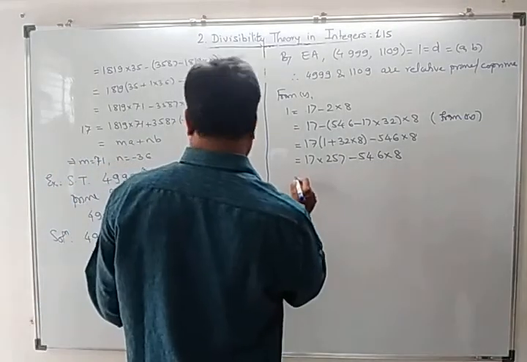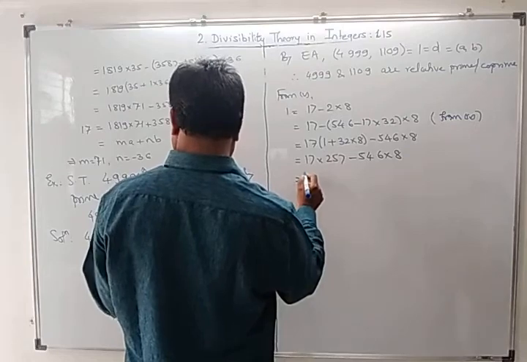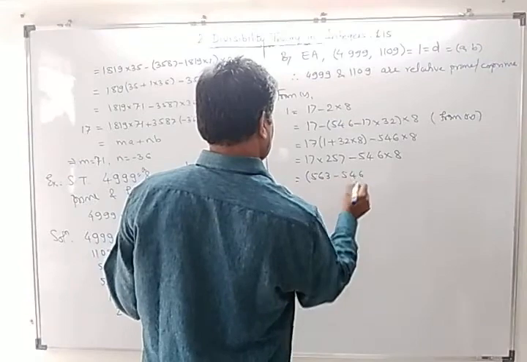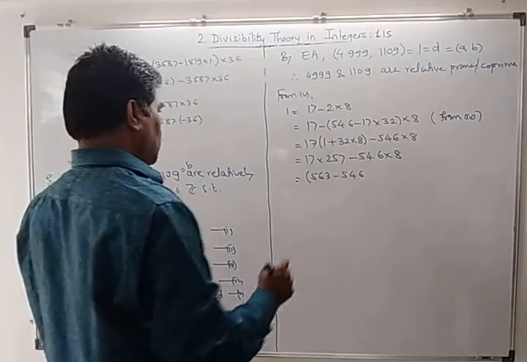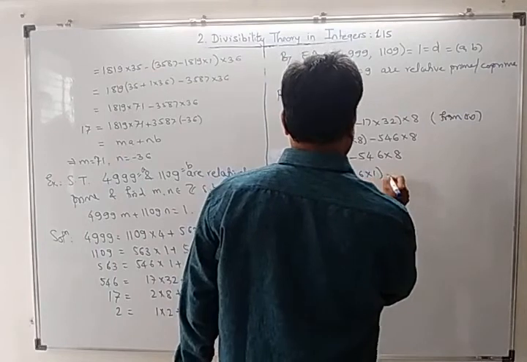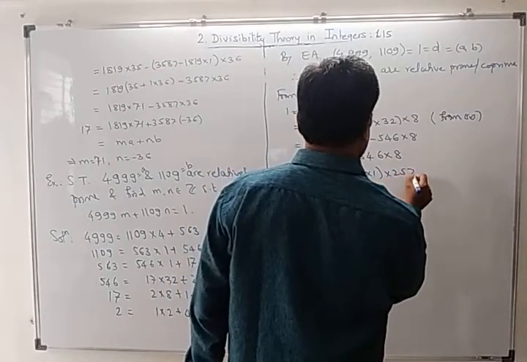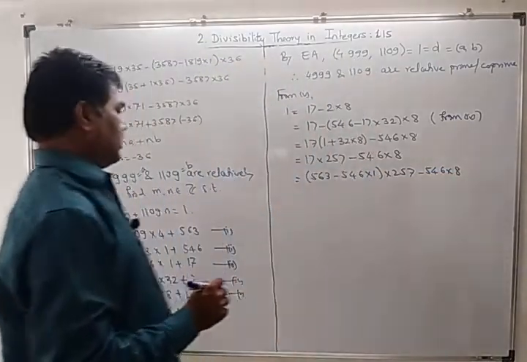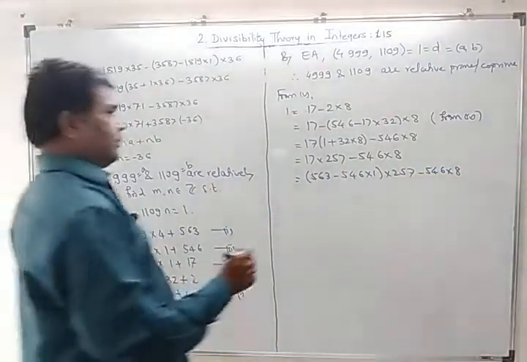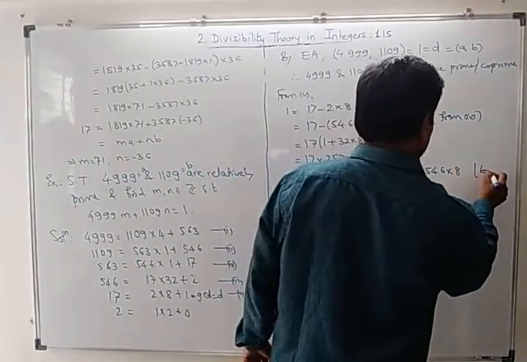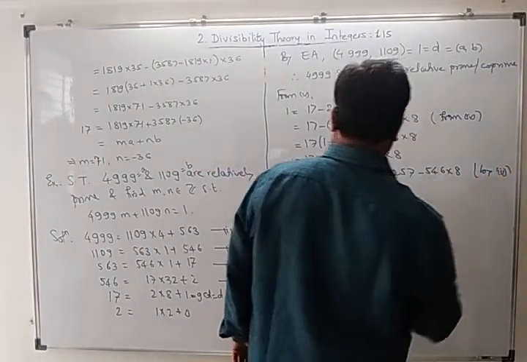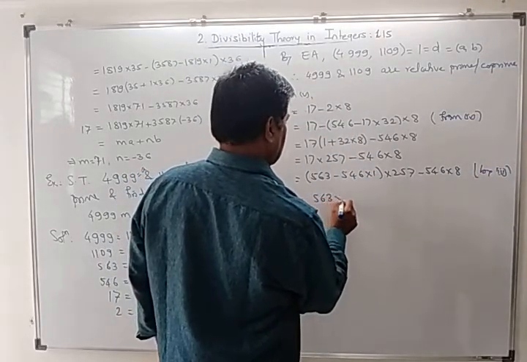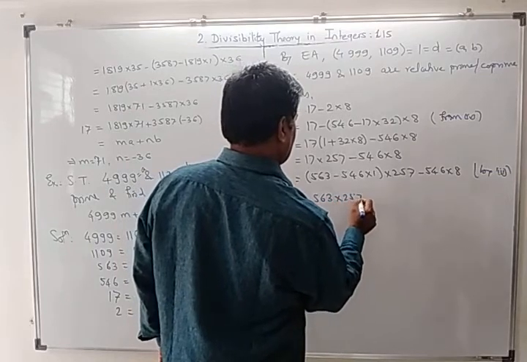So this is nothing but 563 minus 546 into 1, into 257, minus 546 into 8. So this will become 563 into 257 minus